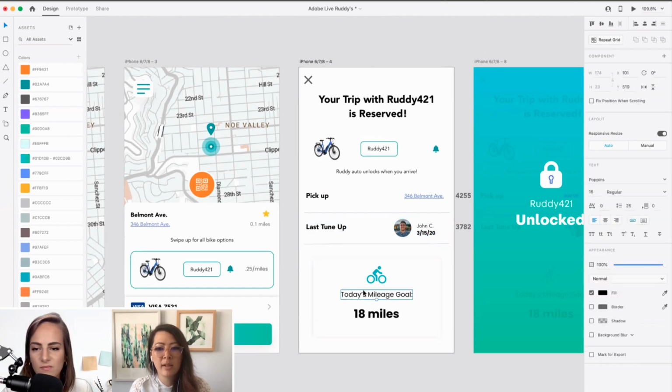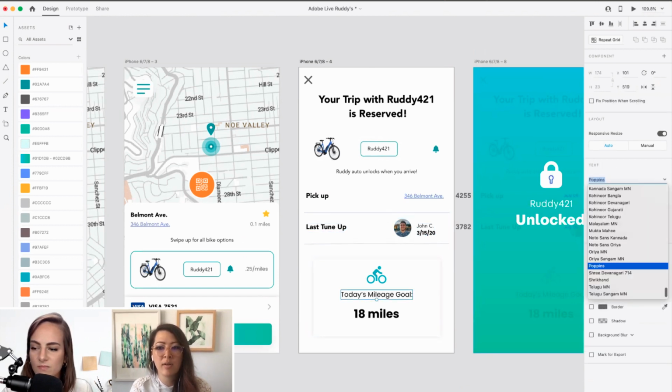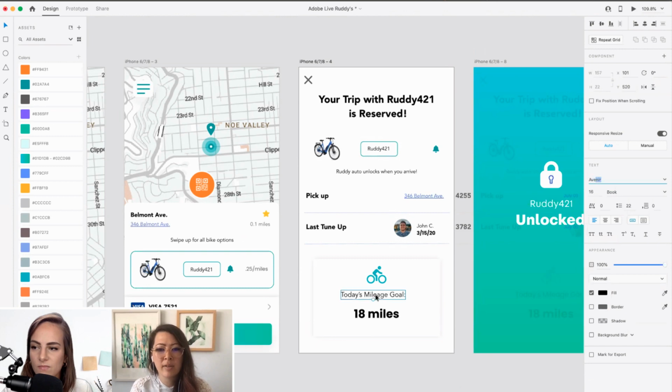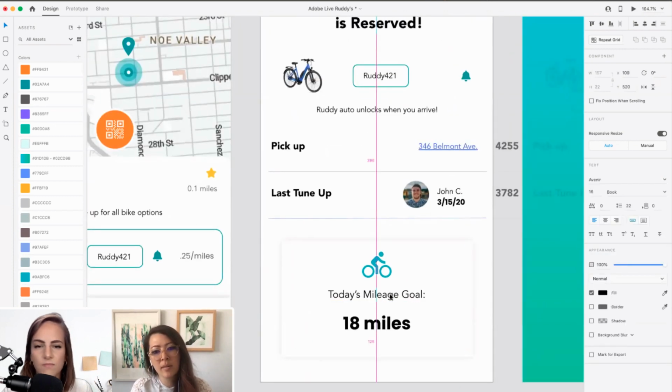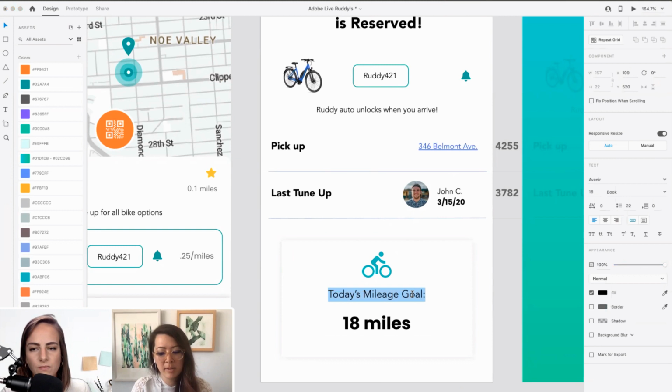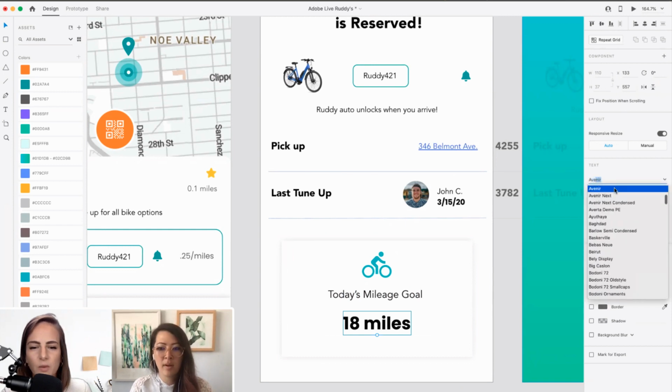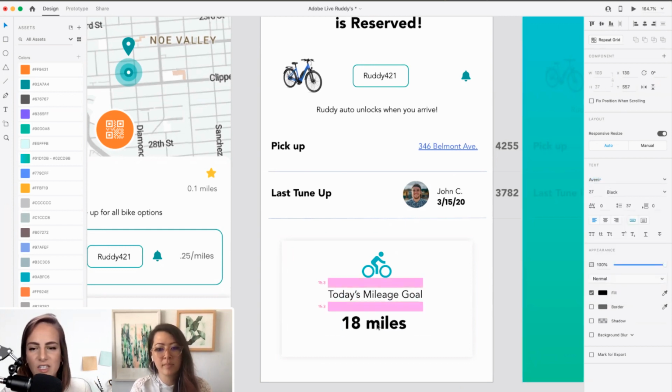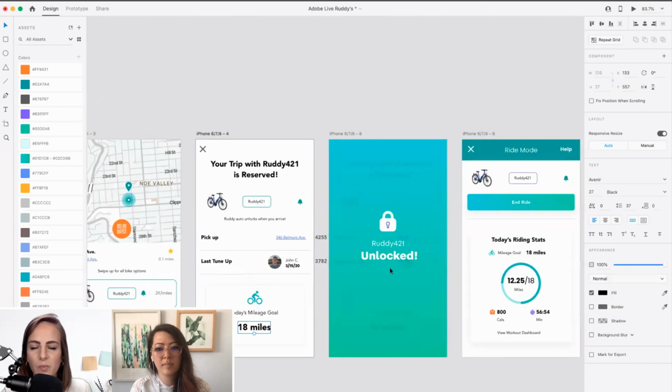So I'm just basically going through everything to make sure they're all Avenir and they're all centered. Now this can get a little time consuming. This is why, again, I avoid doing this until the very end. Yeah, you don't want to get too in the weeds until you have the layout pretty solid.